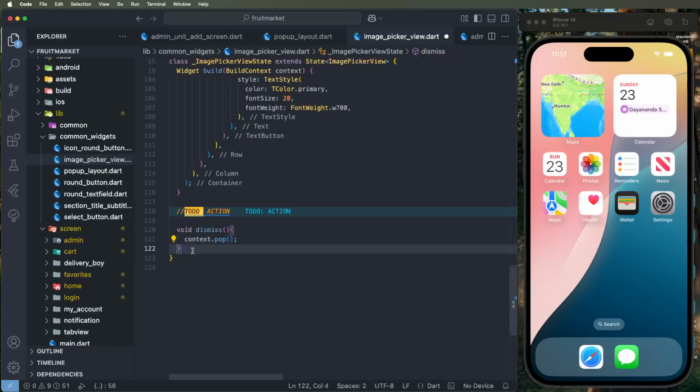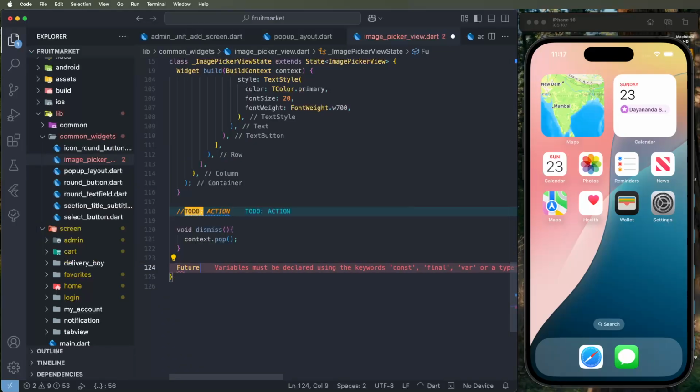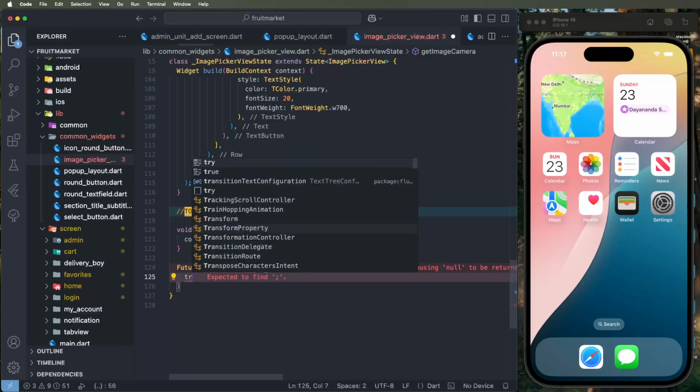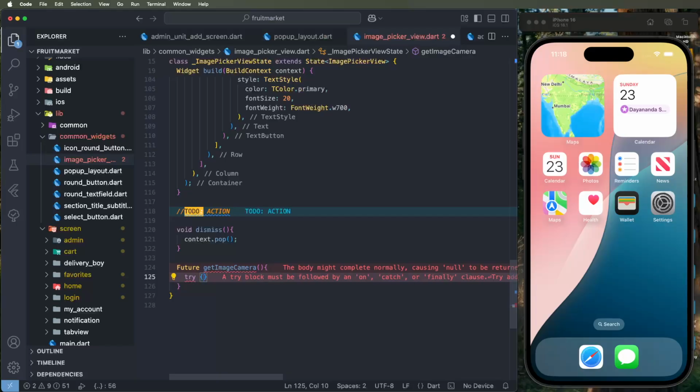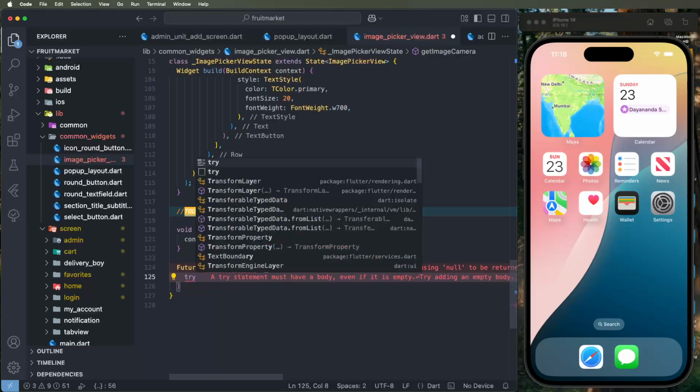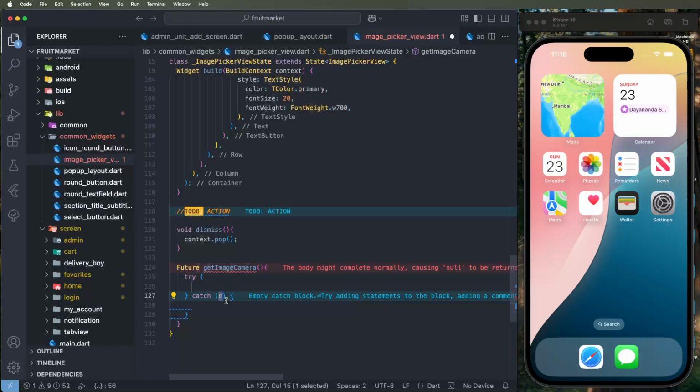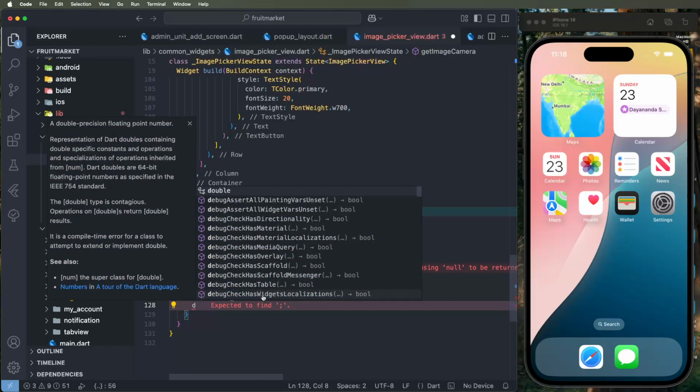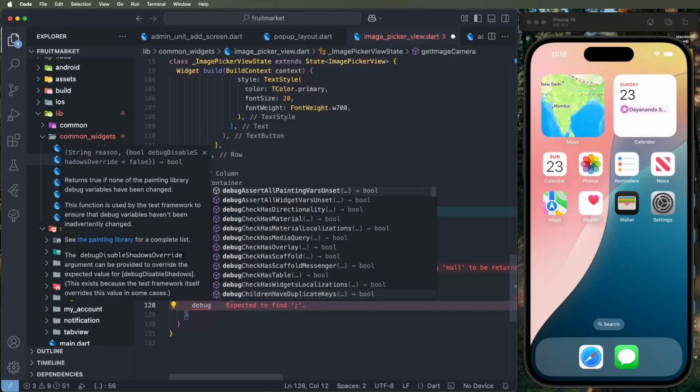Now we need to create here the two functions. First one need to get the image from the camera, and second function is the image from the gallery. Two functions we need to develop here. So now need to write down here the Futures, and we need to set here getImageCamera. Set here and we need to write down here the try catch like here's, and we need to write down here the debugPrint